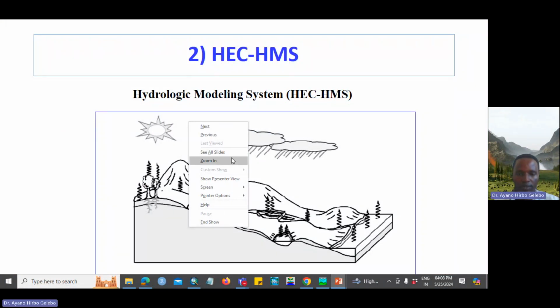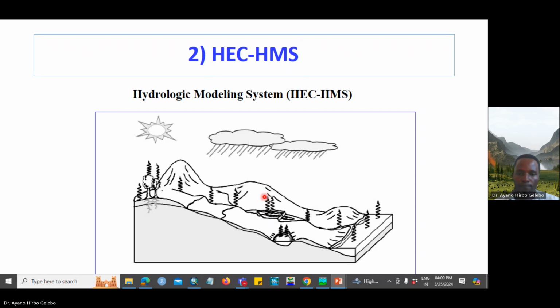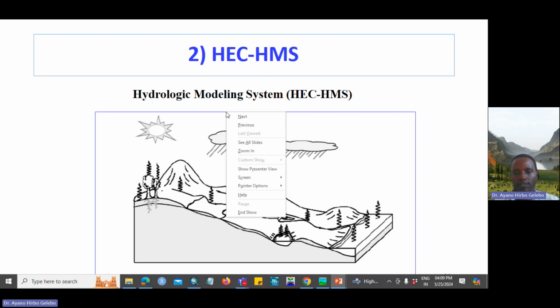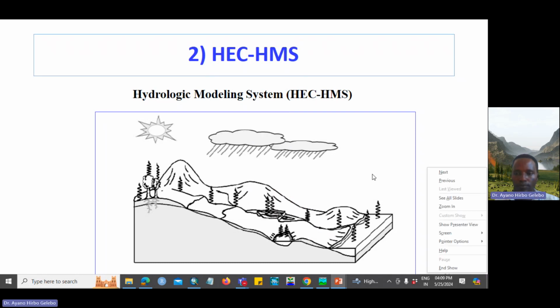Today I'm just going to give a training on the HEC-HMS model, which is a hydrologic model. A hydrologic model plays a significant role, especially for the investigation of hydrological processes, like flow characteristics. So this HEC-HMS model